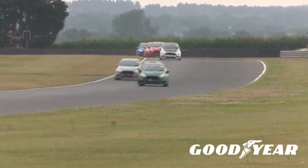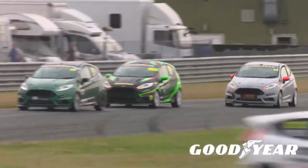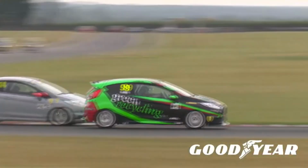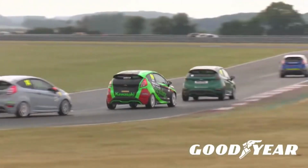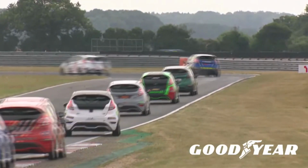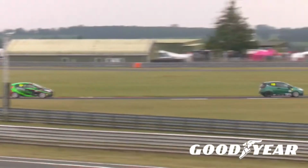Down towards Agostini. Comes Horriby. There's a little peek on the outside line, but you can see that Rob Smith is going to try and dummy him down towards the Agostini hairpin. He tried it. It's great how these cars just swerve and move around under braking. It's a brilliant sight to watch. You almost think they're not going to make the corner, but they're that good in these cars, and